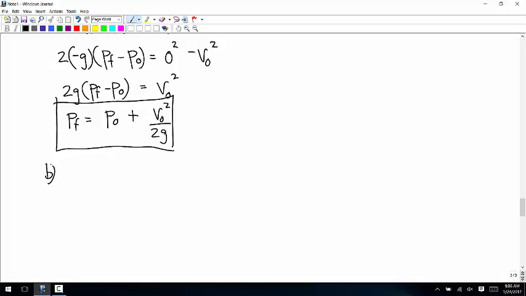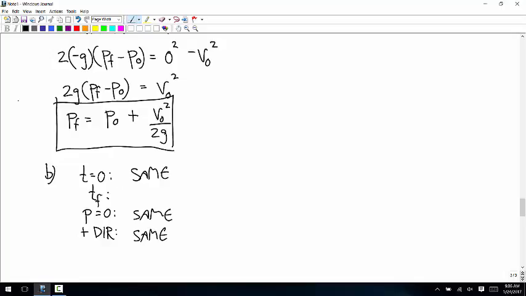Okay, for part B, we're trying to figure out what the velocity is of the object when it passes back, when it passes its starting point again. Is there any reason to change any of these choices about the problem? There's one we have to change. All the rest can stay the same. But we have to change what T final refers to, or we'll only be able to calculate stuff at the highest point.